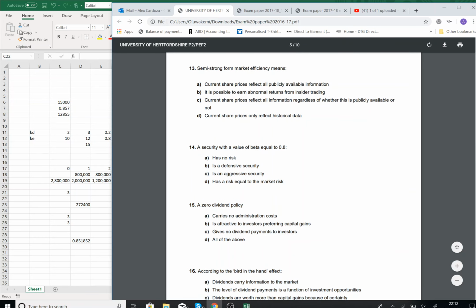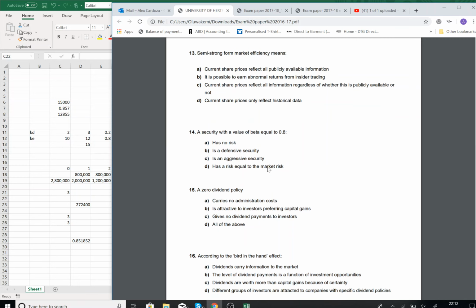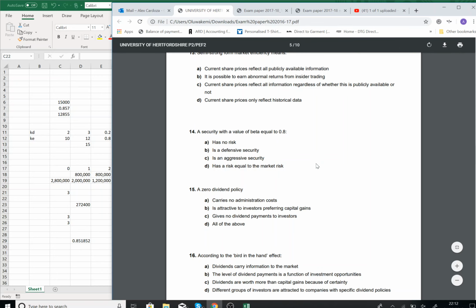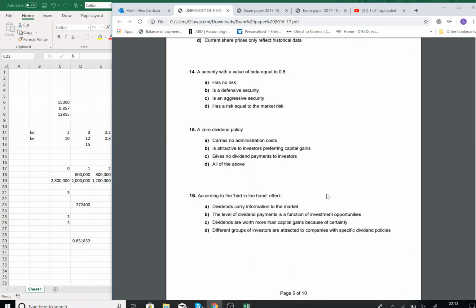So a security with a value of beta equal to 0.2 is a defensive security, because this means that it's less risky than the market. So if it's less risky than the market, it's considered a defensive strategy, because when the market falls, this equity or this security will not fall as much. Okay. A zero dividend policy,